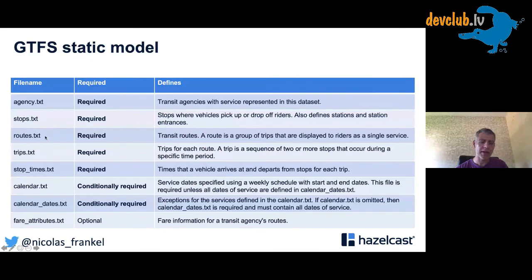Here you will have stop ID 1, stop ID 2 and stop ID 3 makes route A. And here you will have stop ID 1 with its coordinates, and stop ID 2 and all the stops. You can see there are a lot. So this is the static model.